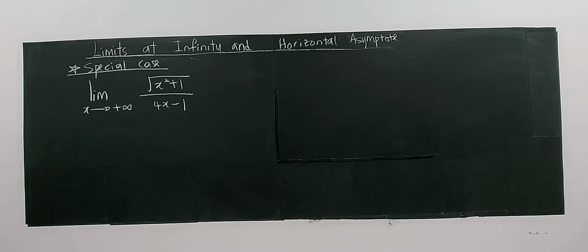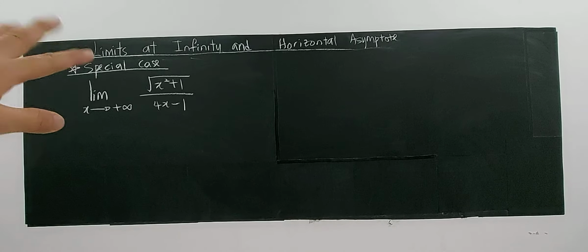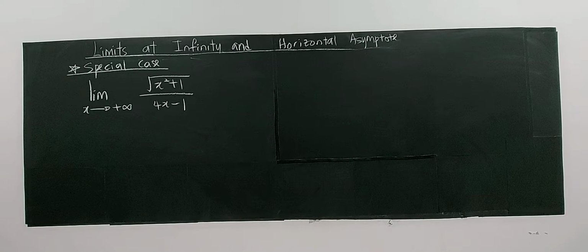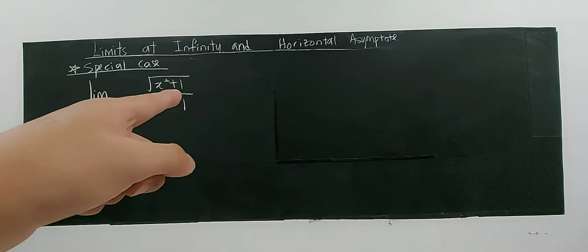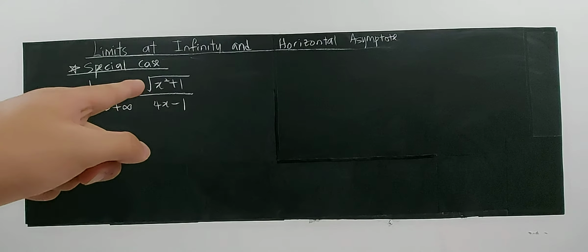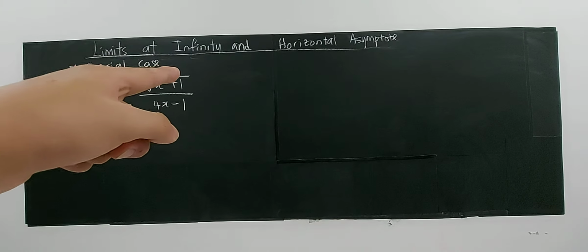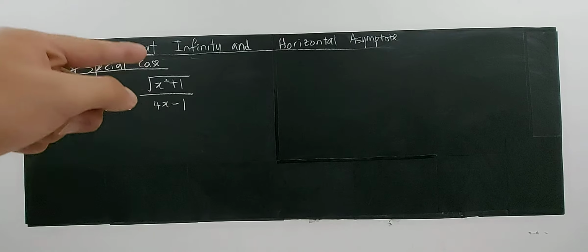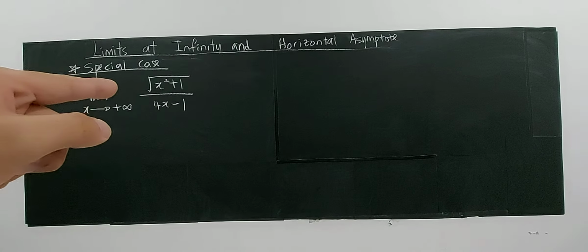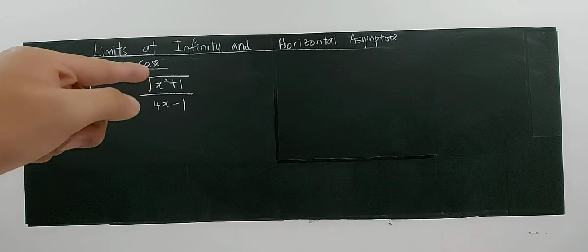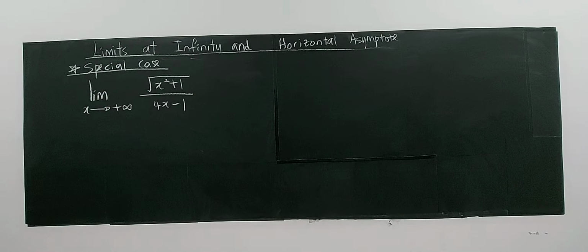So this will be a special case. Why a special case? Because we use different techniques for these cases. Look, there is only one square root, a surd. Either the surd is on the denominator or on the numerator. One is the surd and one is the polynomial function. For this type of case, where one of the functions is a surd, we consider using these techniques